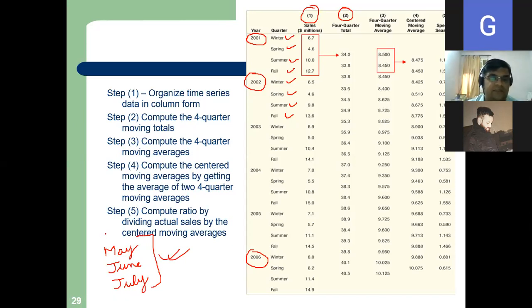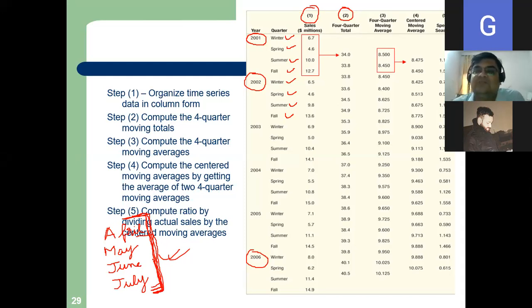But say I add another month: April, May, June, July. Average I can take, no problem, the average of April, May, June, July. Now tell me, where should I write this? In which month? Yes, Rishabh. In the middle of May and June. Yes, this is the disadvantage, right? So this was the problem.